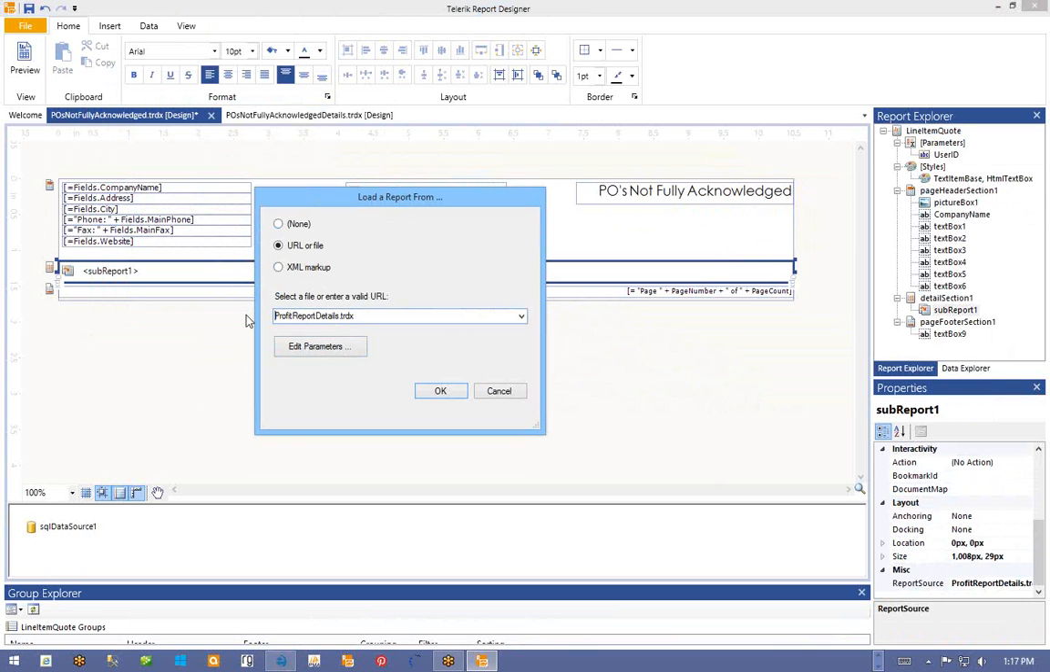So this is, you guys, I really just want you to see the capabilities. I mean, if you are somebody who can build these reports, it's awesome. But if you're not, I just want you to know that you can do this. And if you decide to learn this, you can make any report that you want to make, period. So this is POs not fully acknowledged